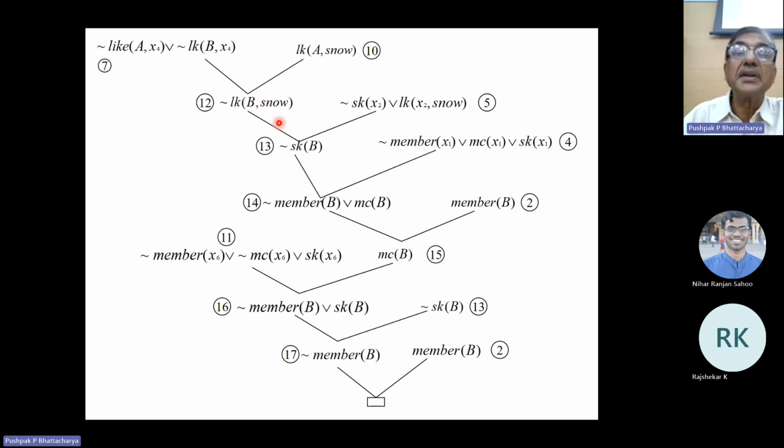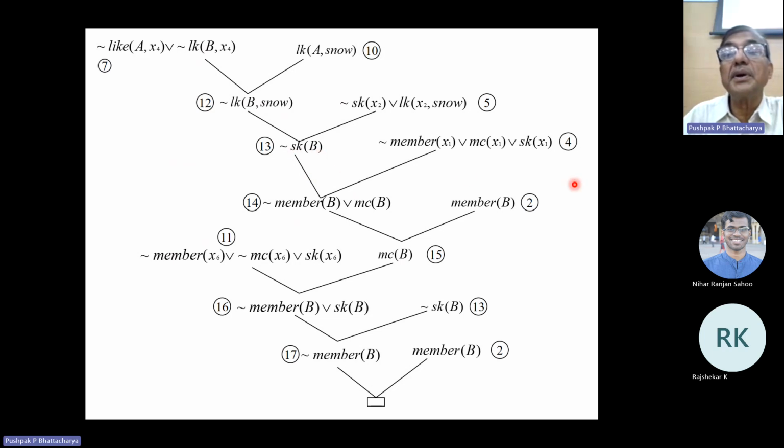So this is what is meant by monotonicity of the knowledge base. You see that B does not like snow is added to the knowledge base, and it is true. Okay, we don't have to retract it. It is true. Then B does not like snow, and all skiers like snow. These are the two resolvents giving rise to the resolvent B is not a skier. The fact that B is not a skier is added to the knowledge base. Now the size of the knowledge base has grown from X to X plus 1, now X plus 2.